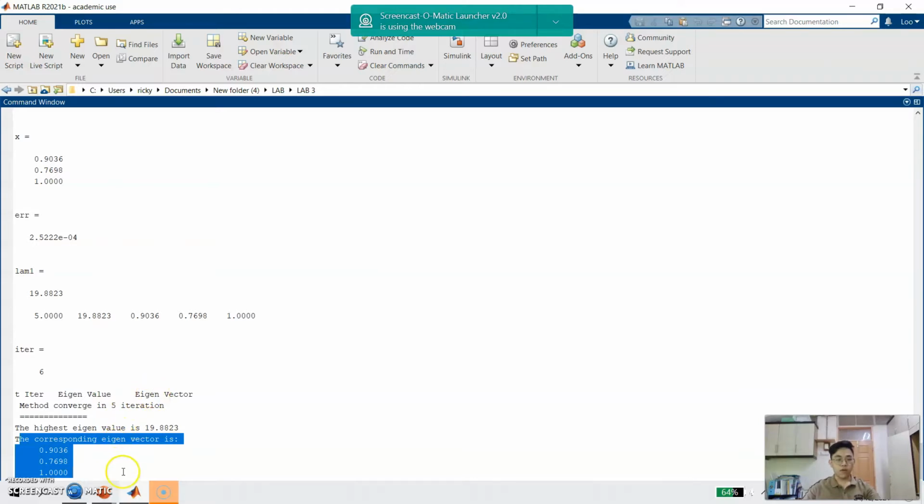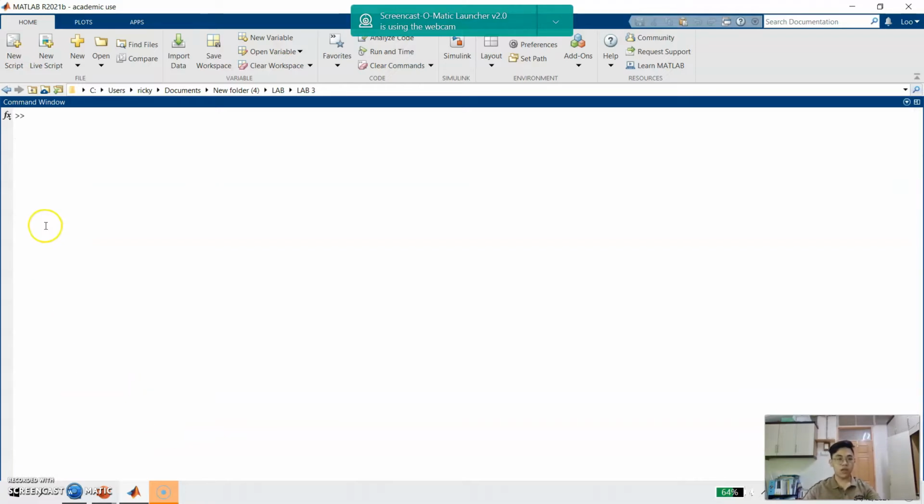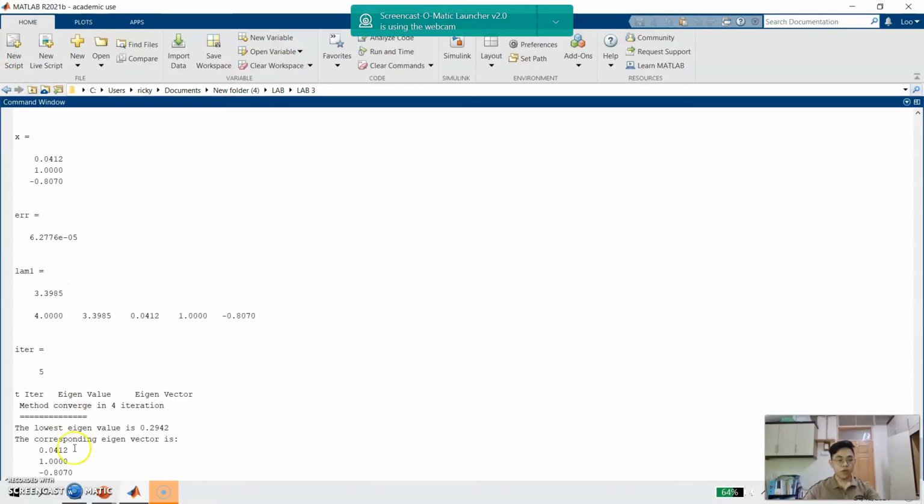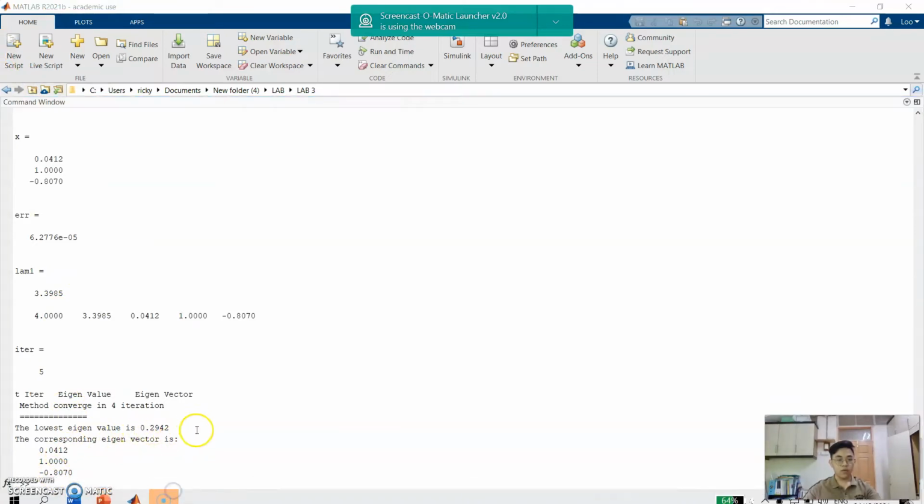For question 1b, we need to find the lowest, right? So we do it again and pick the lowest. So here is the lowest eigenvalue. So this is my part for this